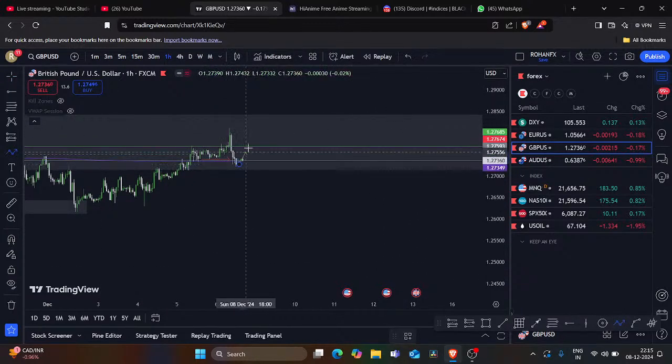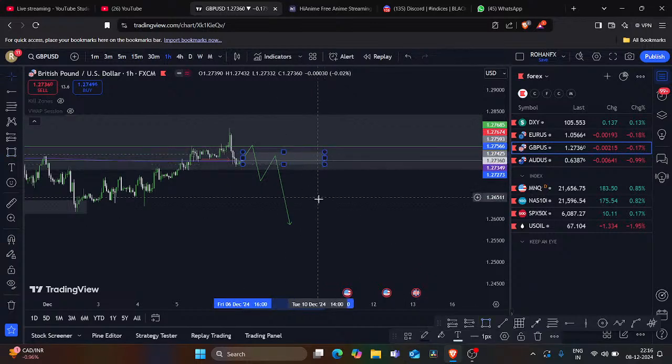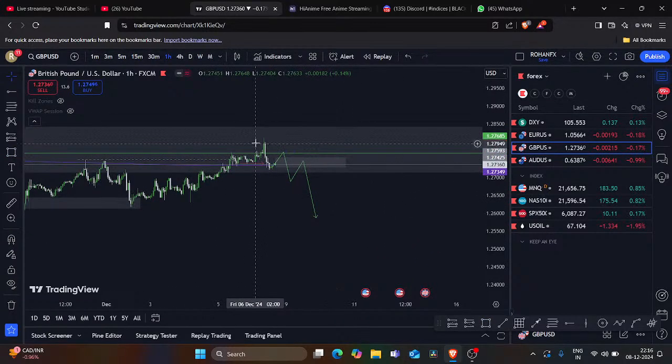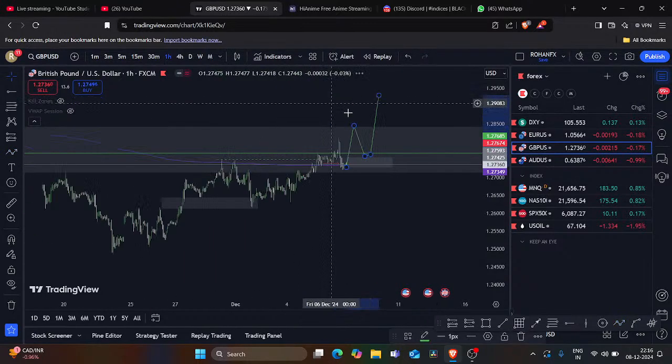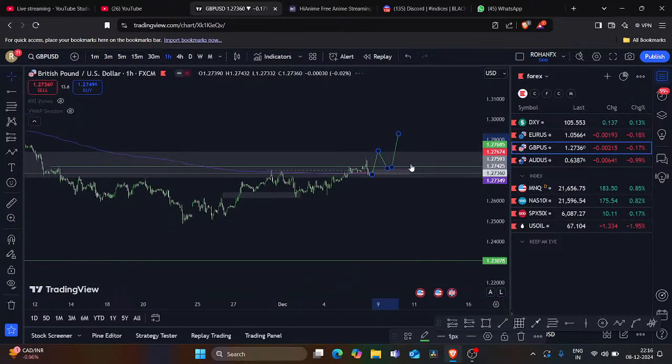So what I want is like this. Then after this, it should form a fair value gap here. Then if the fair value gap is formed, we can plan for entries over here. If this doesn't work out like this, then we can expect for long, and we can see an upside move incoming. So we can expect this for longs if the shorts don't work. It depends on how the market is behaving based on the time zone.